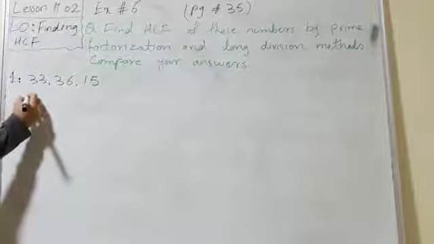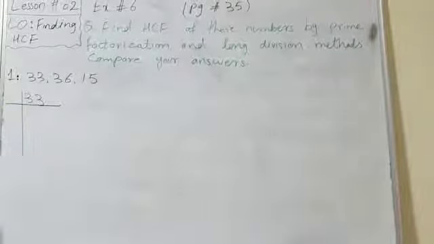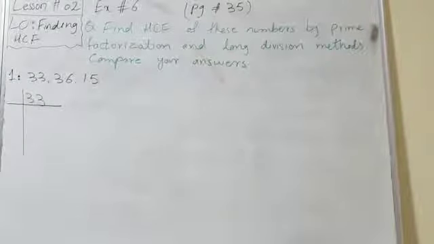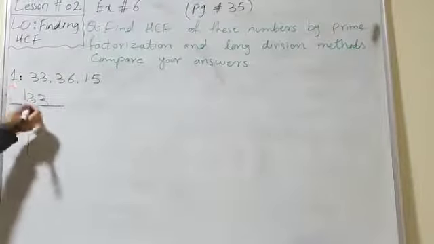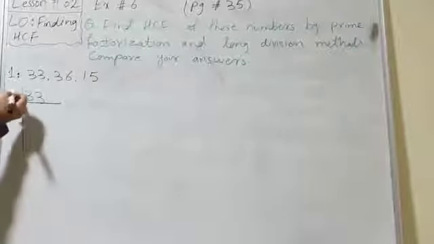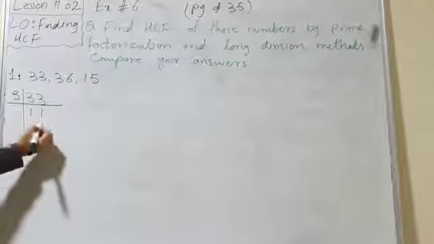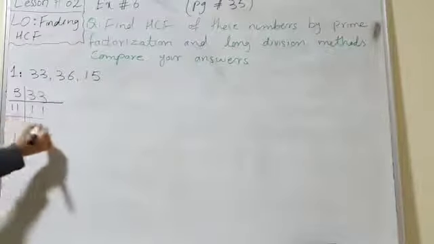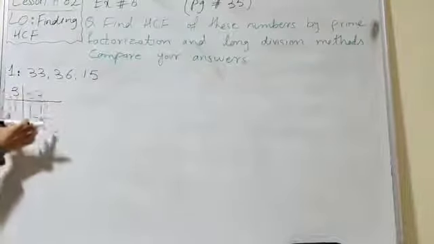Let's see how. 33 first you will take, and that's how you will make a ladder. You already know what prime numbers are. Prime numbers start from 2, 3, the numbers which are not divisible by any number except 1 and itself. So 33 is not divisible by 2 because 33 is not an even number. So let's start with 3. 3 ones are 3 and 3 threes are 33. Now you see you got 11. 11 doesn't come in any table except itself. So 11 ones are 11. That's how you will make the ladder for 33.